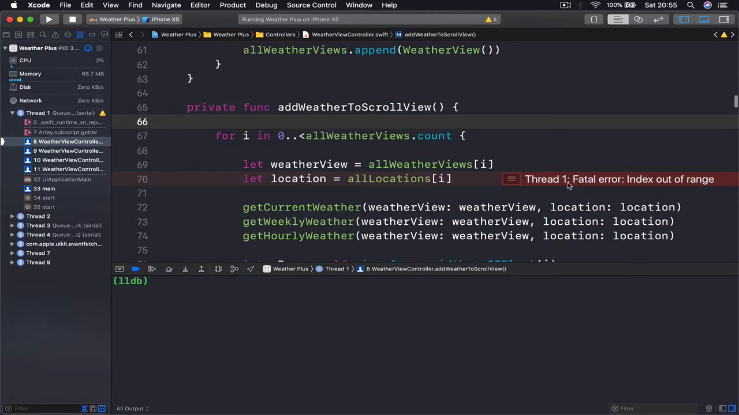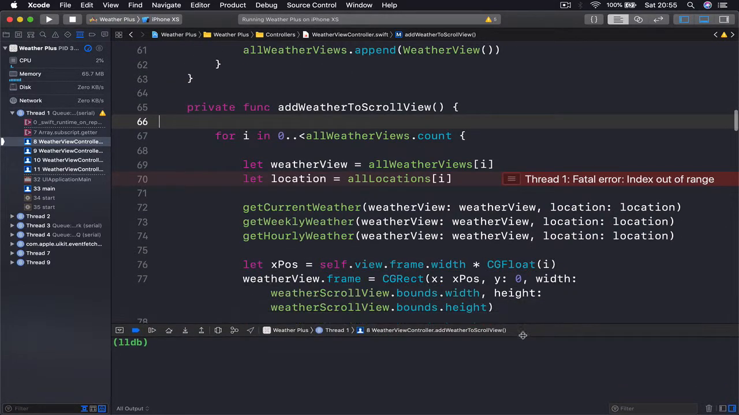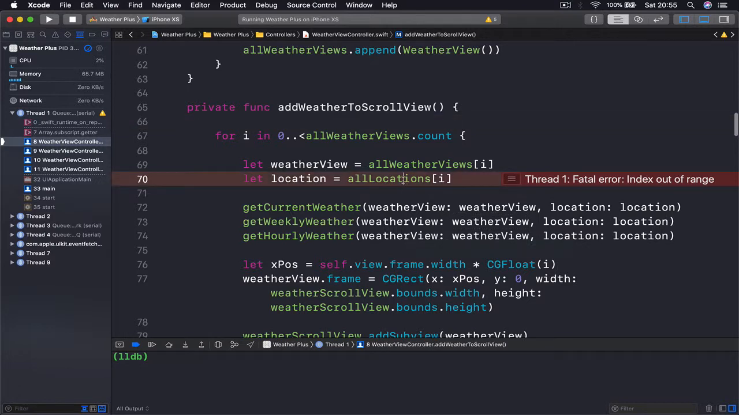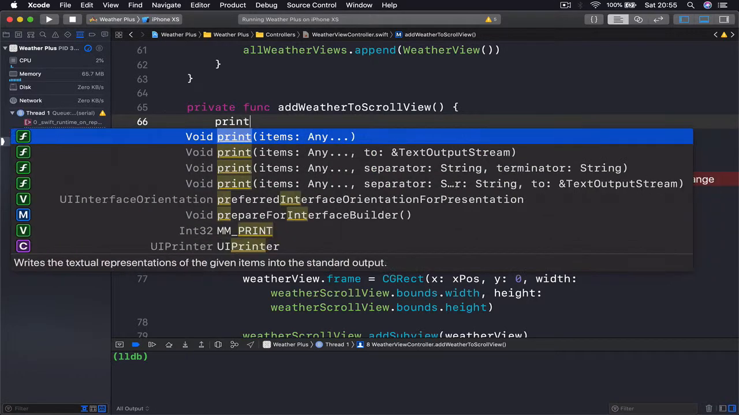So let's look into our error here. Our index is out of range and it stops on our location array. It means that the I is a number greater than the objects in our all locations. Since the I is part of all weather view.count, what I want to do is to say print